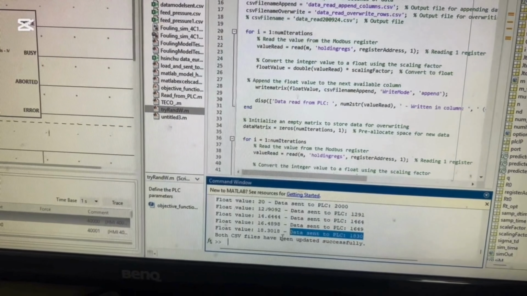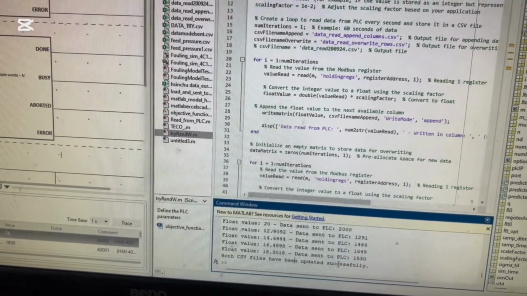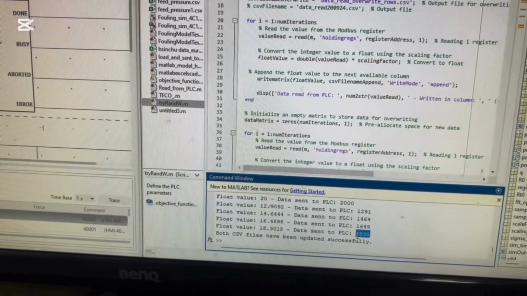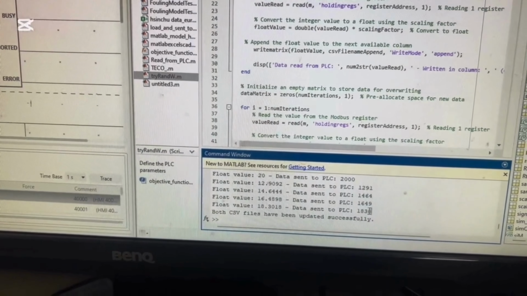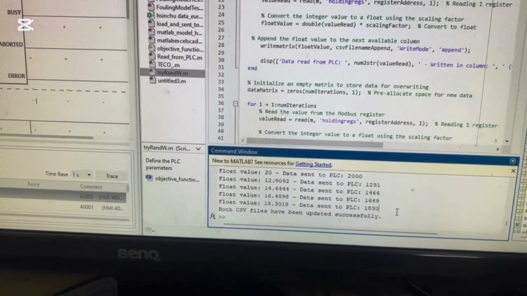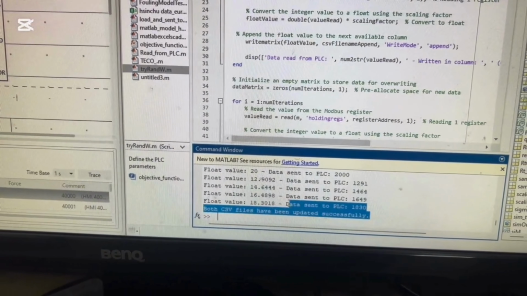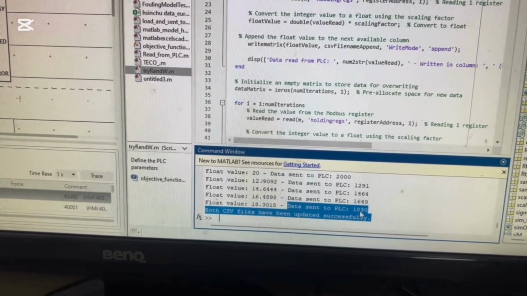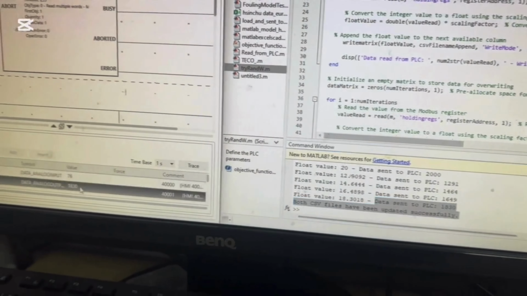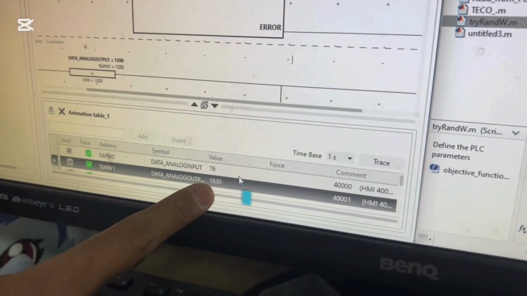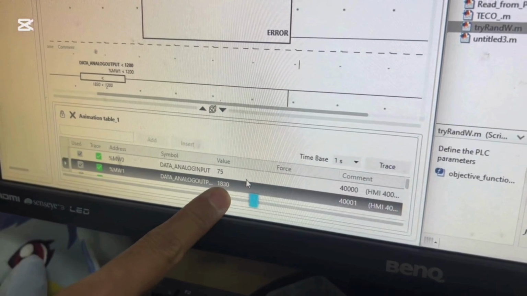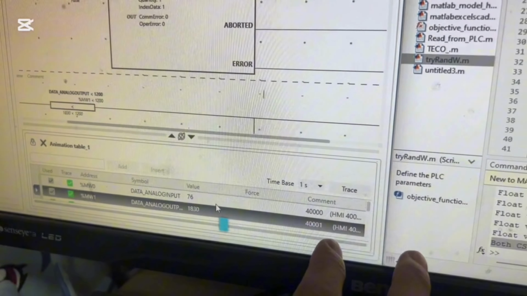So the pressure of the RO system will be this value, but this value is not the real voltage value. So we can see in this part, the data sent to the PLC is 1830, and in the PLC the data is also 1830. So both of them are already connected.